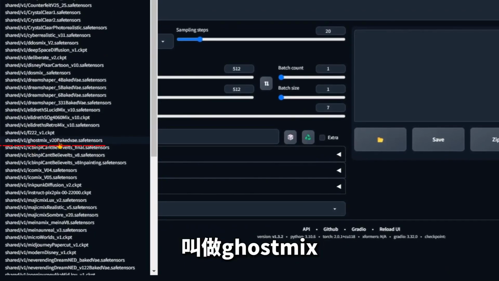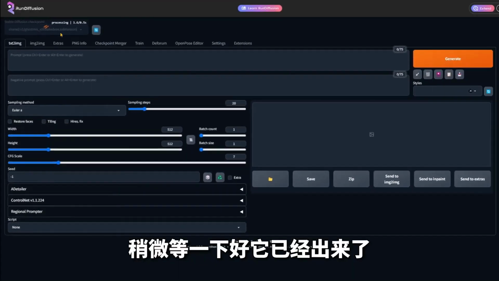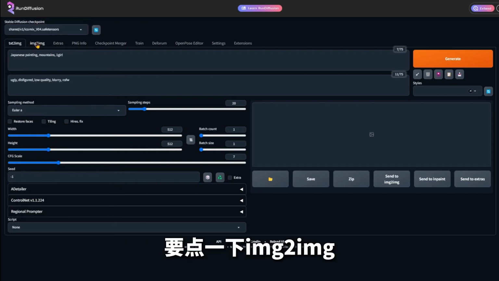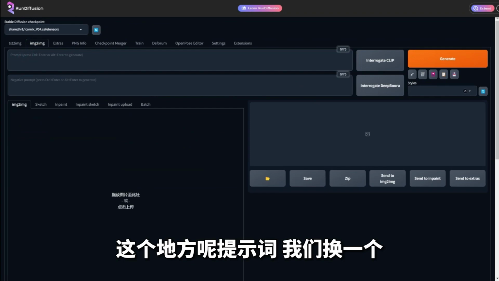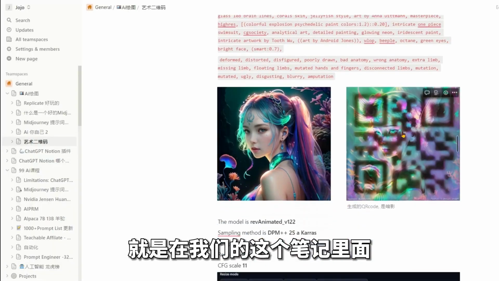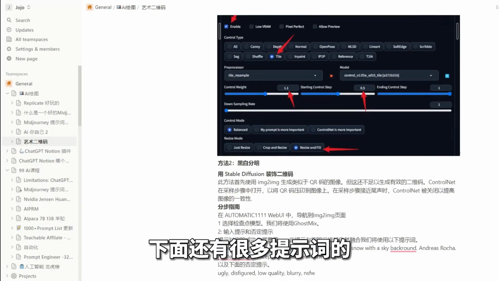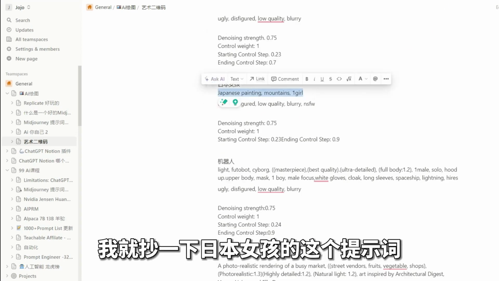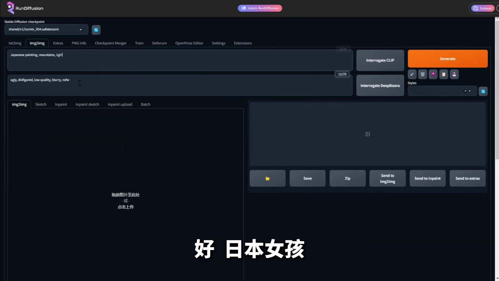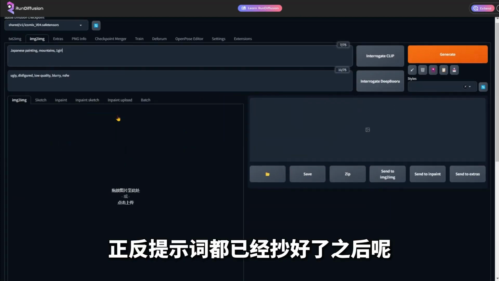Here, click it a little bit, wait a little bit, good. It has come out. Click on image to image in this place. For the prompt words, we change them. They are in our notes below. There are many prompt words, for example, a Japanese girl. I will copy the Japanese girl prompt word, good. The positive and negative prompt words have been copied. After this, in the image to image place